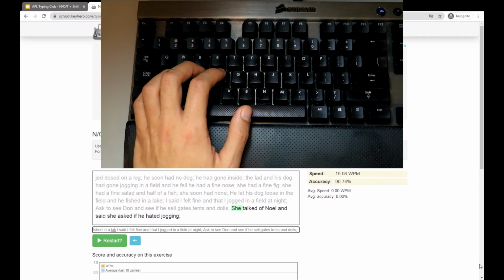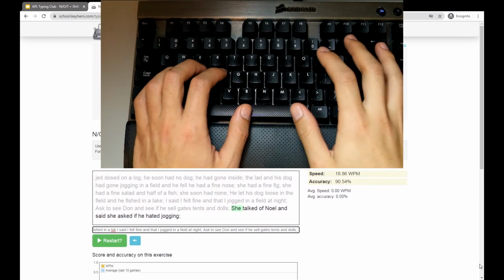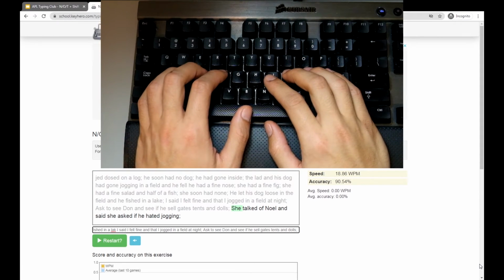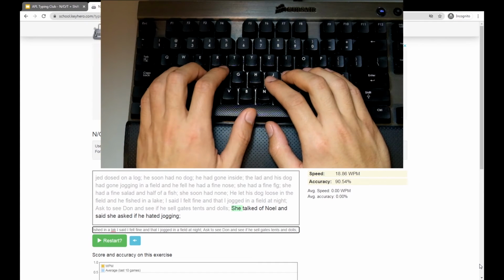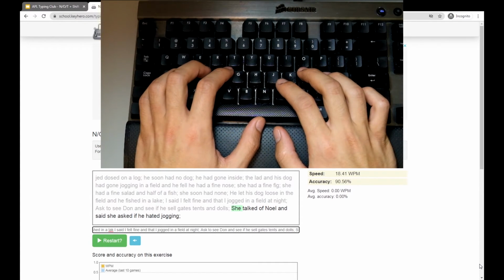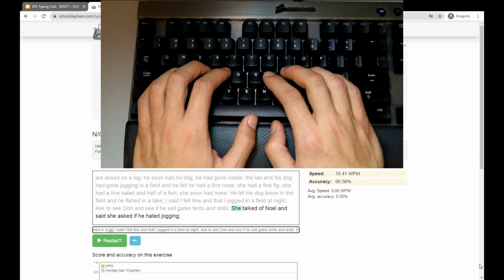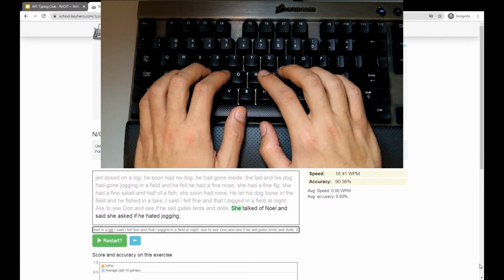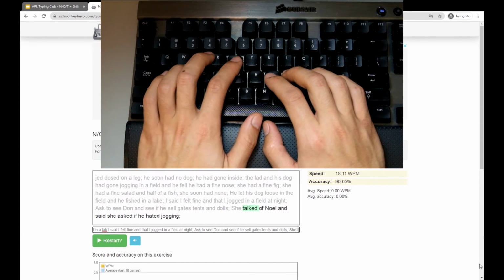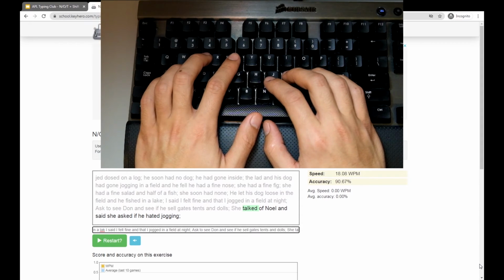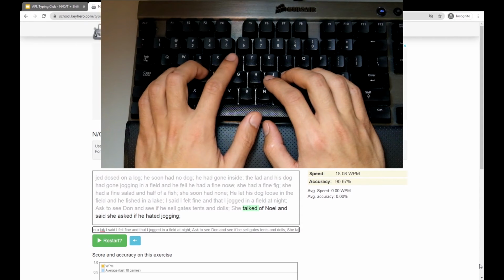So we have a capital S here. Capital S is on the left hand, on our fourth finger. So we use our right hand again for the pinky to press the shift, and we go side from the J, press H, go up for the T using our left index finger,